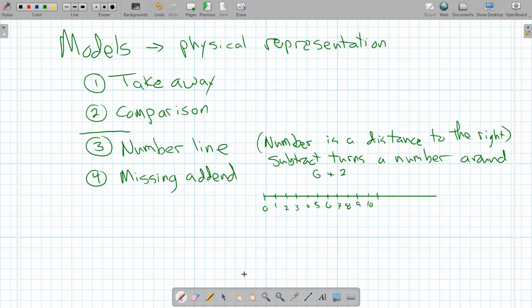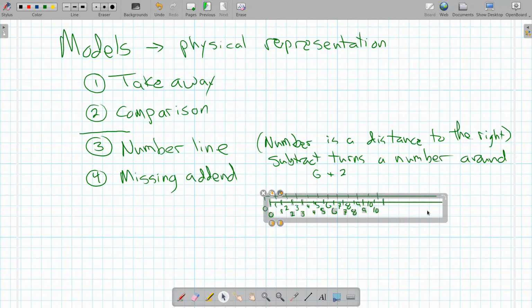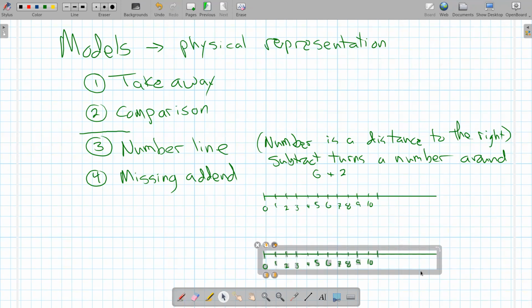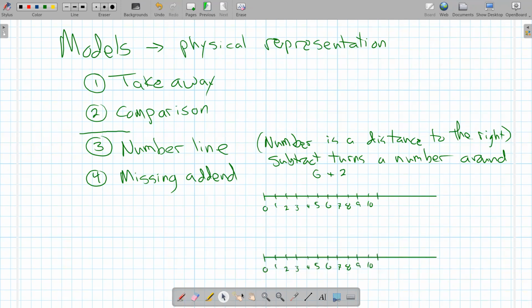And the number line's nice because this is often on kids' desks in a classroom. You'll have a ruler or a number line on the desk or on their notebook. Just going to make a copy of that to compare to subtraction. So with the addition version, I would show what 6 looks like. So I'll draw that up here. So there's my distance of 6, and then I combine with that a distance of 2. So we just do a straight combination, and we can see that 6 plus 2